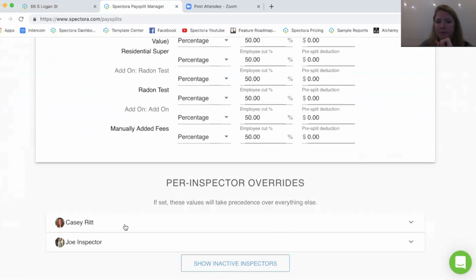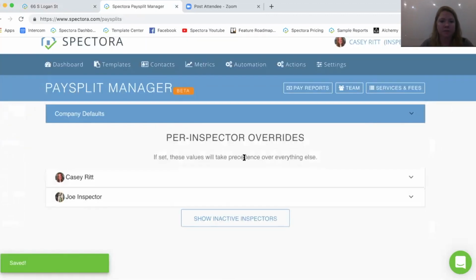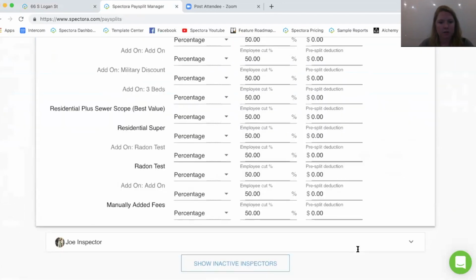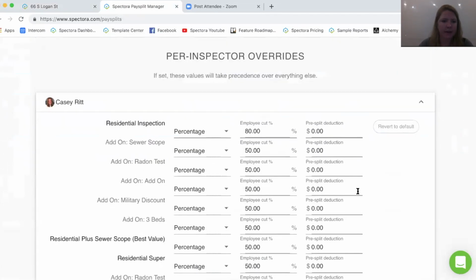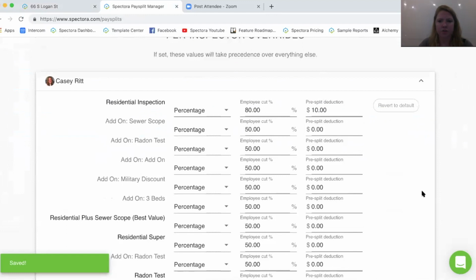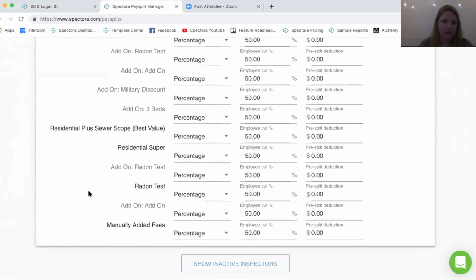Or on per inspector, I can open it up and say, I'm the best. I would like to get 80%. However, oops, I clicked twice. There we go. Okay. I'm the best. I get 80% on all residential. Take off that $10 for overhead costs. And then if I scroll down here, I can say Joe, my sub-inspector, who